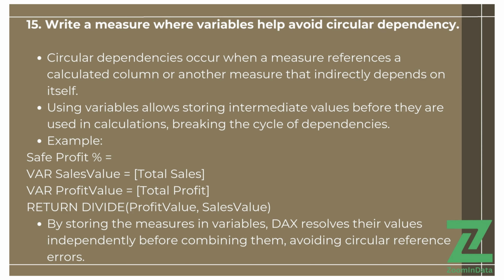Circular dependencies occur when a measure references a calculated column or another measure that indirectly depends on itself. Using variables allows storing intermediate values before they are used in calculations, breaking the cycle of dependencies. Example: Safe Profit % = VAR SalesValue = [Total Sales]